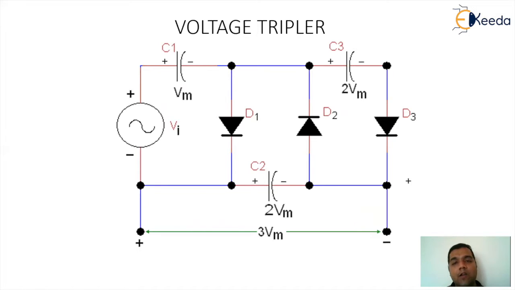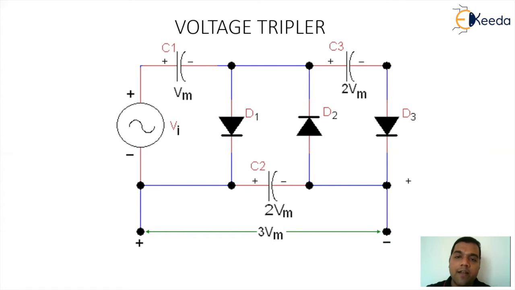So we are extending the logic by adding one more pair of capacitor and diode, and eventually it will convert the circuitry into a voltage tripler. If you observe, the operation is almost similar to what we have discussed in the voltage doubler. So during the positive half cycle, D1 will work like a short circuit, and the capacitor C1 will charge to a value of Vm. During the negative half cycle, D2 will become forward biased, and then the capacitor C2 will be charging to a value of 2 Vm.